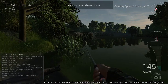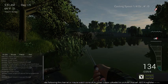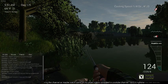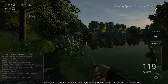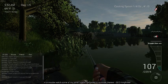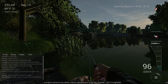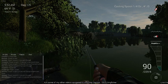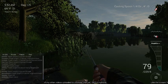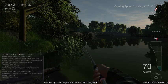And we'll just cast out, reel in, cast out, reel in. That's the technique I'm using at the minute. Minimal drag. I tend to either use the stop and go or the straight slow. It's easier to hold a straight slow or just a straight pull than it is the stop and go. I tend to not perfect the stop and go, but you don't have to master these